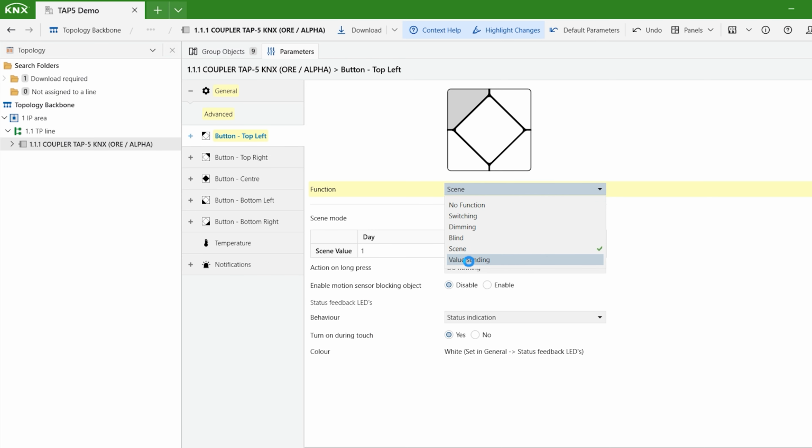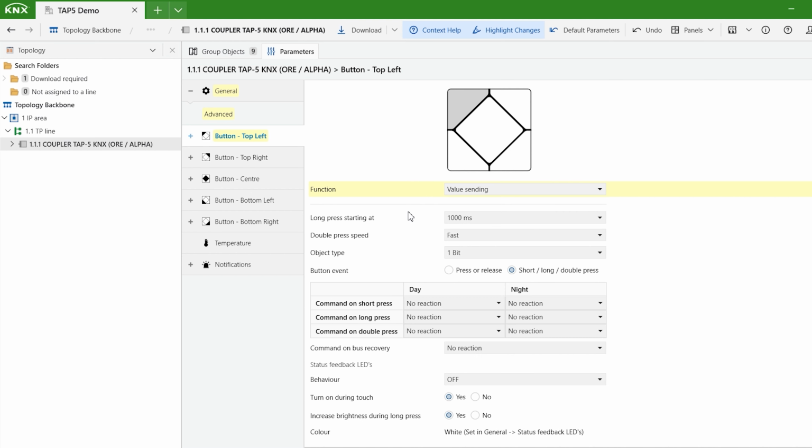The day-night functionality also exists in the value sending menu. And this is a hugely advanced menu that you can use. There's a separate video on value sending, but all I'll say for this video is that you can send a different value during the day and the night. So let's take the example of